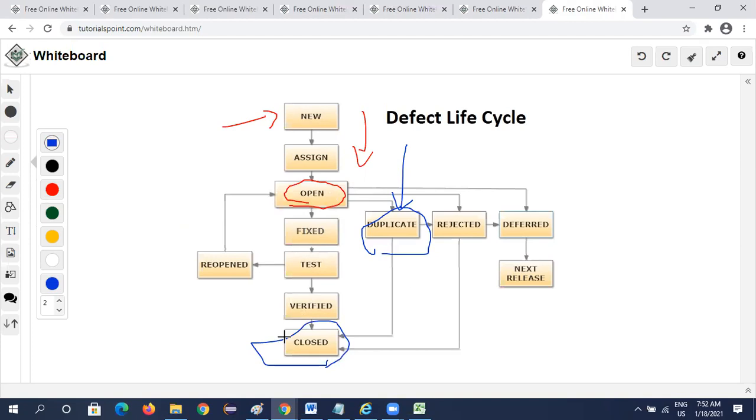Or the defect is in open state, the developer goes through it and finds that the defect is out of scope. You are working on something out of scope and raised the defect. Then he will straight away reject the defect and close it.